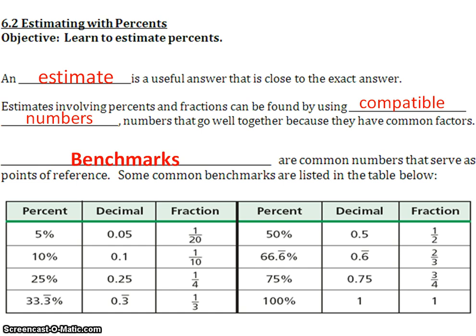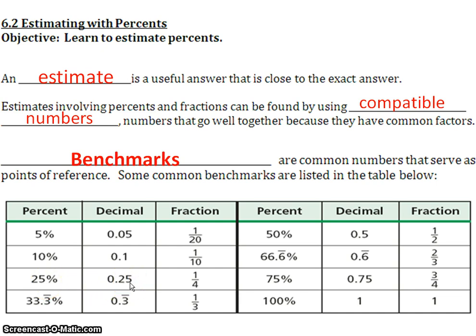Benchmarks are common numbers that serve as points of reference. Some common benchmarks are listed in the table below. We're first going to look at 100%. 100% is 1. If we know 100%, we can cut that in half, and we know 50%. If 100% is 1, we cut it in half at 0.5. If we know 50%, we can cut that in half and end up with 25%,